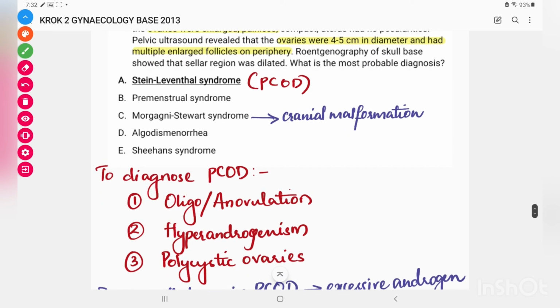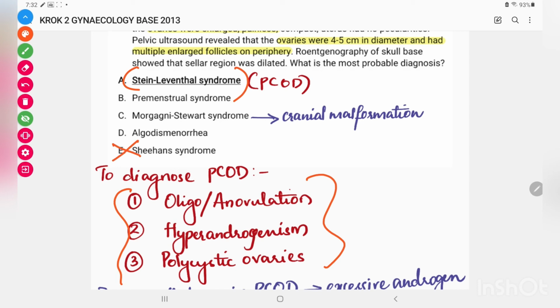And finally, polycystic ovaries in ultrasonography. So all these 3 points are always needed to confirm that someone is having PCOD. Okay, and always remember, Stein-Leventhal syndrome is the other name for PCOD. Okay, now let's see the options. Sheehan syndrome, we know it happens due to